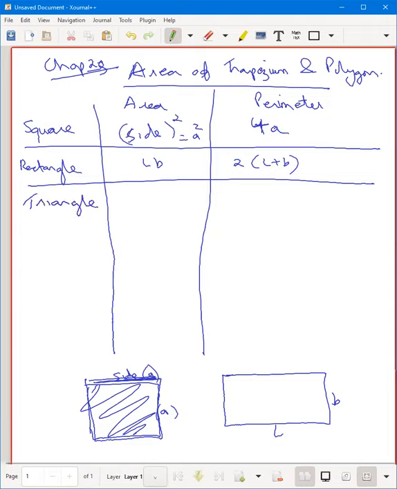Triangle. Sarah Patel? Triangle, it would be. Sir, I don't know. You don't know the area of a triangle? I think you've done this in 5th standard. Is it height into base? No. Think of a rectangle. I can divide the rectangle into 2 equal parts. So can you relate it to anything related to this?